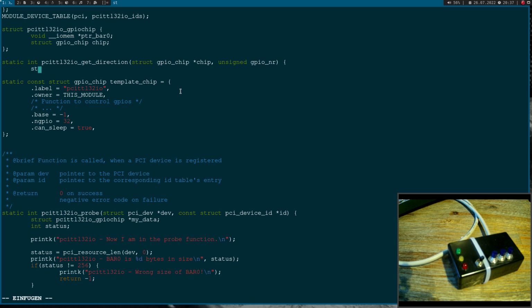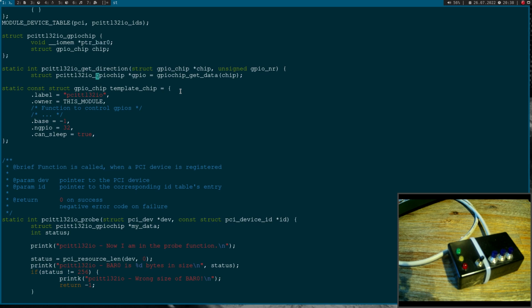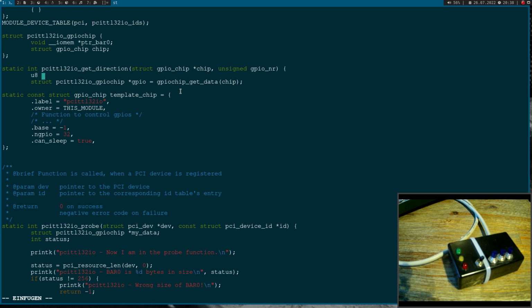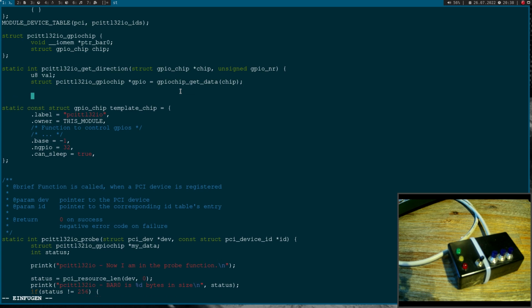Okay, and once again I need a struct from the type PCI TTL32IO GPIO chip, and I will call it GPIO here, and I will use the function GPIO chip get data chip to get back the data, and I need the data to get the bar 0 pointer, and I will need a second value, unsigned 8-bit integer here,